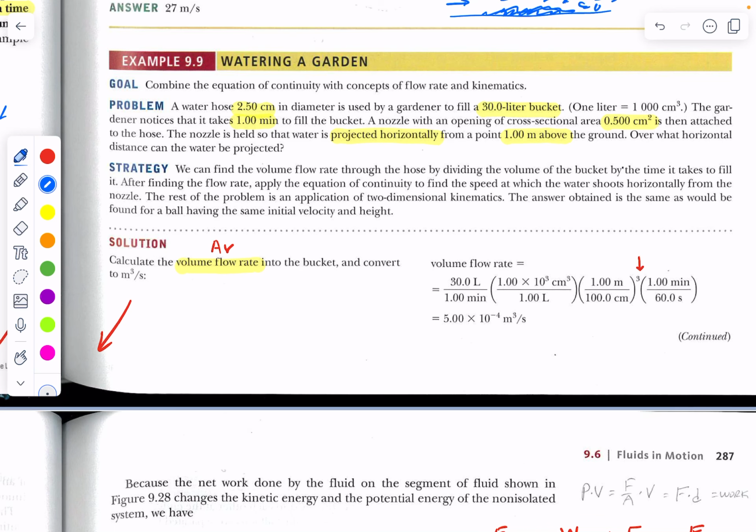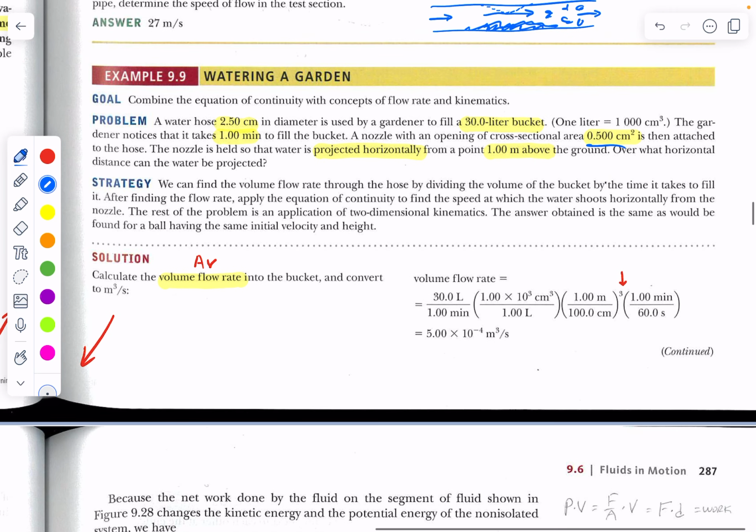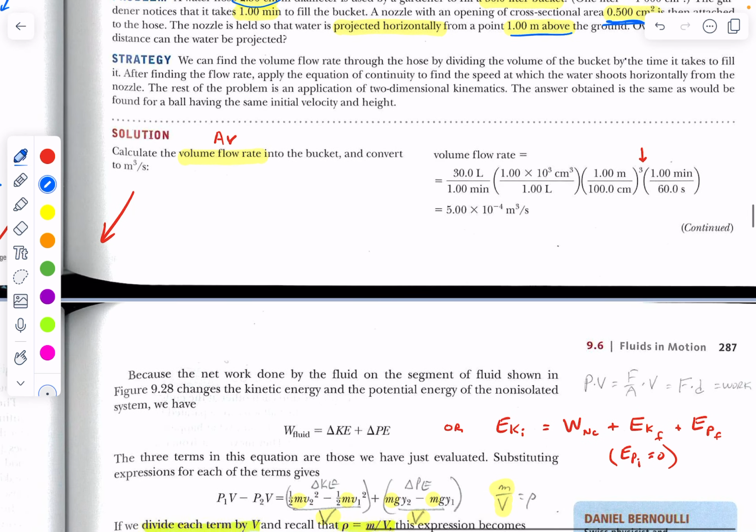And then we have a nozzle with a much narrower opening, 0.5 centimeter squared, as opposed to 2.50 centimeters squared. In other words, we're reducing the size of this cross-sectional area by 1/5. We project it horizontally, and we're 1 meter above the ground, probably holding it down below our waist. And over what horizontal distance can the water be projected? So the first thing we do is we calculate our volume flow rate, and our volume flow rate is going to be,